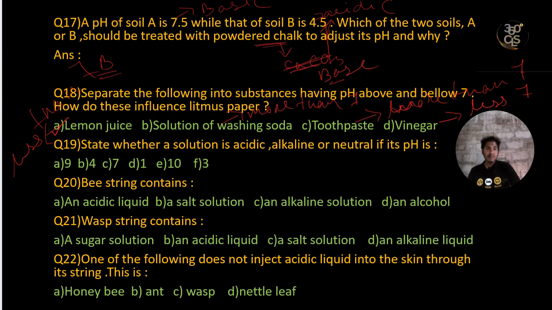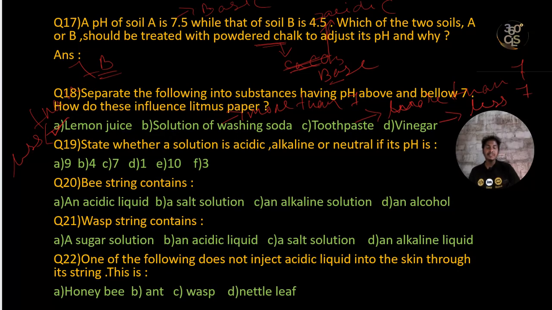Then how do these influence litmus paper? Lemon will turn blue litmus to red. Then a solution of washing soda will turn red to blue, and toothpaste also turns red to blue, vinegar blue to red. So the next problem is, state whether a solution is acidic, alkaline, or neutral if its pH is,